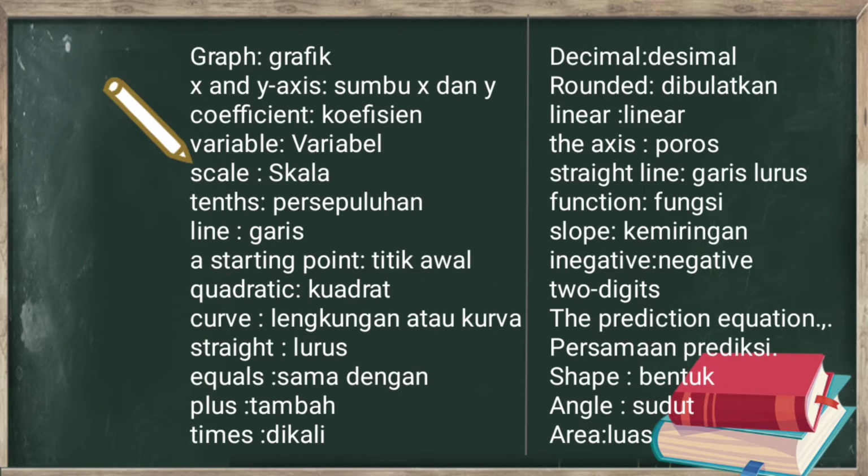equal, sama dengan, plus, tambah, times, dikali, decimal, rounded, dibulatkan, linear, the axis, straight line, garis lurus, function, fungsi, slope, kemiringan, negative, 2 digit, the prediction equation, persamaan prediksi, shape, bentuk, angle, sudut,